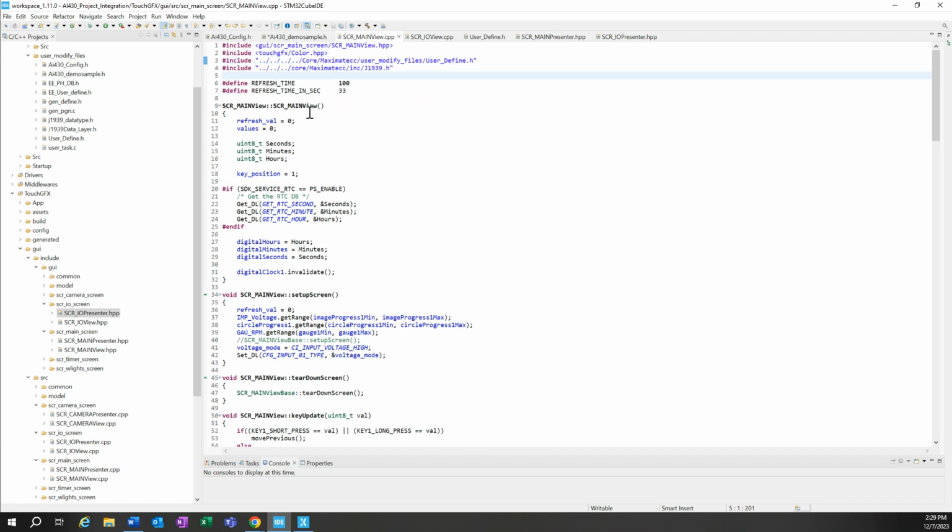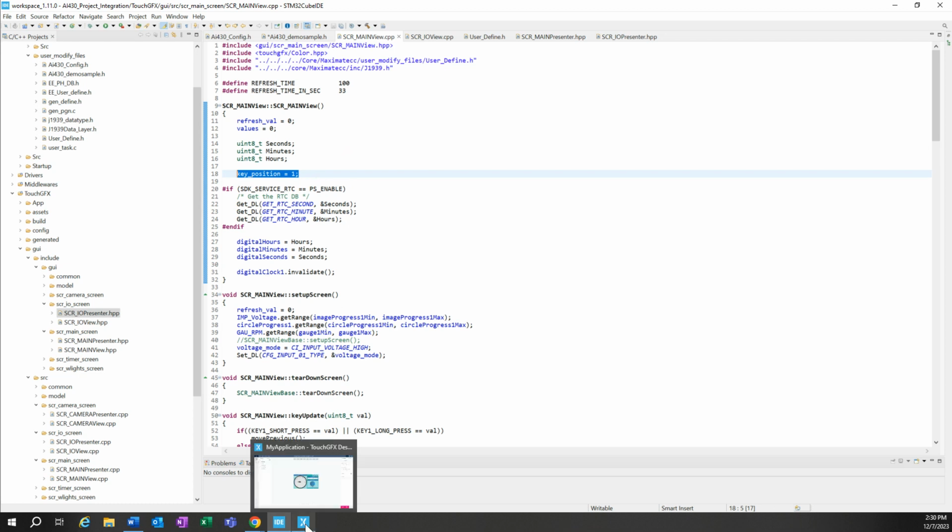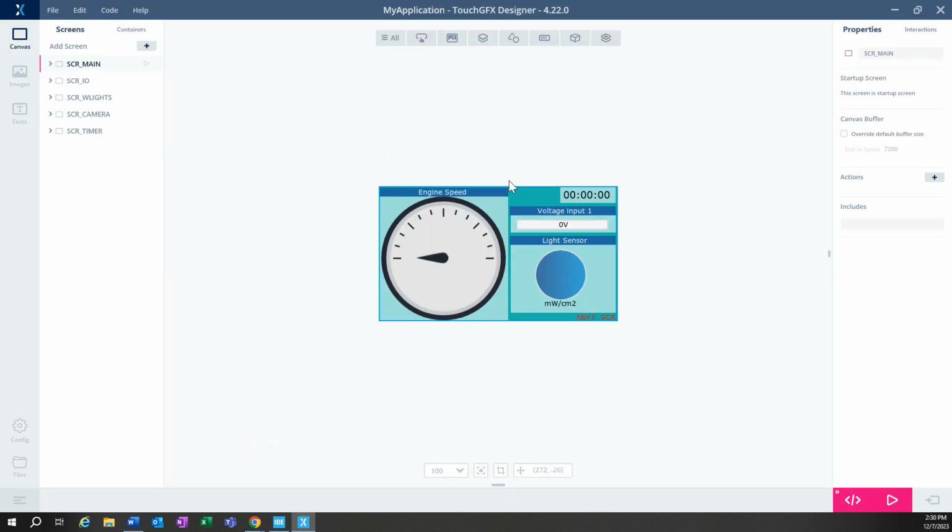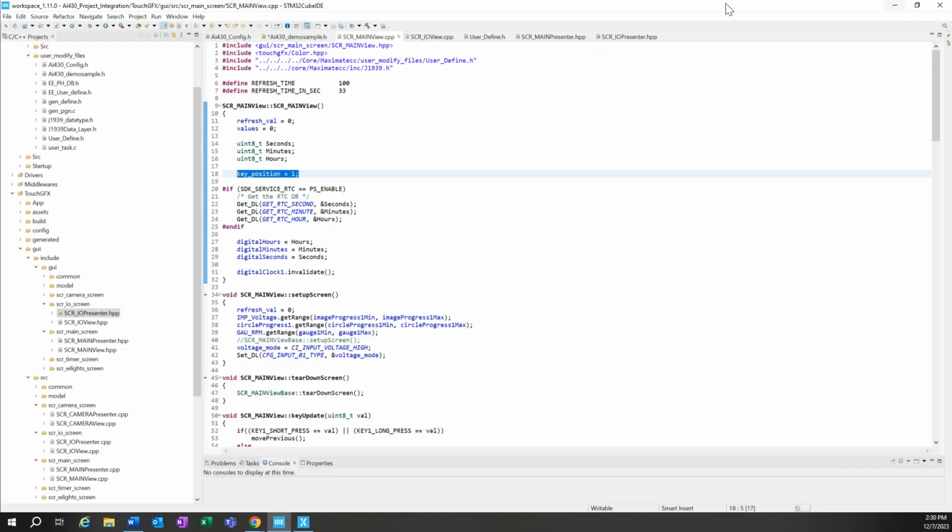And when we scroll down here a little bit, you'll see that we're referencing that we're going to be starting in key position 1. You have multiple positions you can start the key position in. And for this first part of the program, which in TouchGFX, when we look at the main view, this is what it looks like, and you're in key position 1. Going down a little bit lower here,